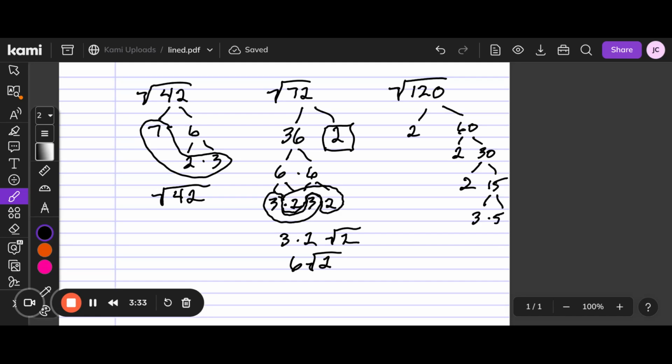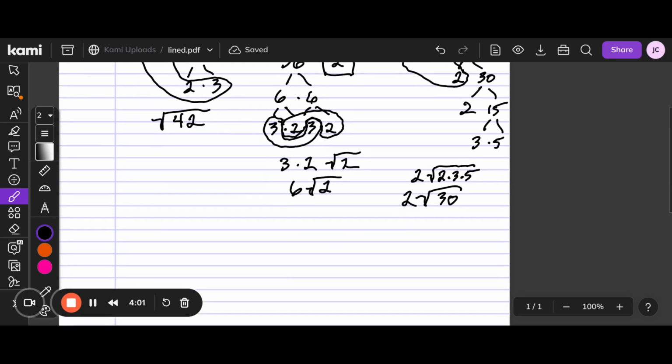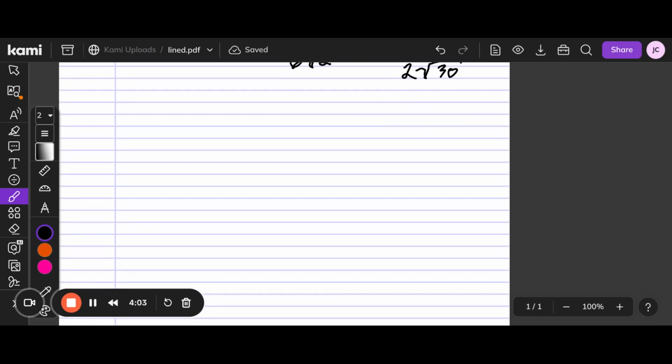Okay, now what I need is to get my pairs of 2s. There's just one pair of 2s. But then still under the radical is 2 times 3 times 5. So this would be radical 30. 2 radical 30 would be the answer there. All right, let's look at one more,